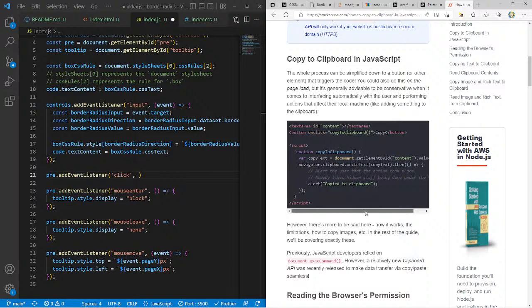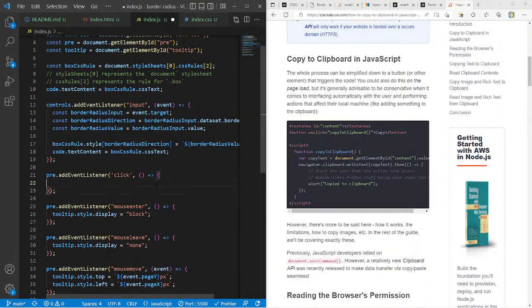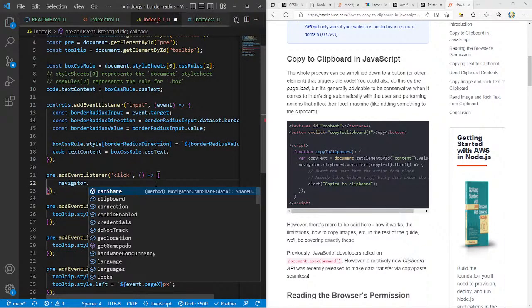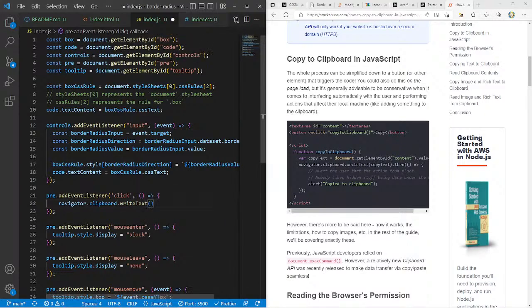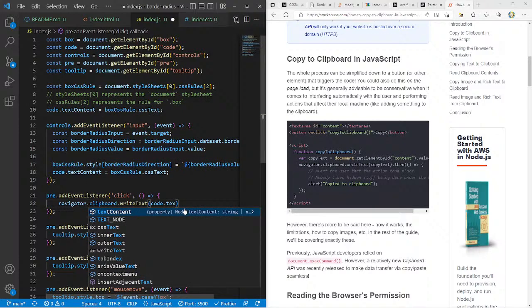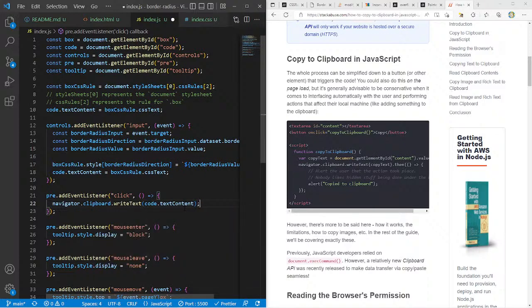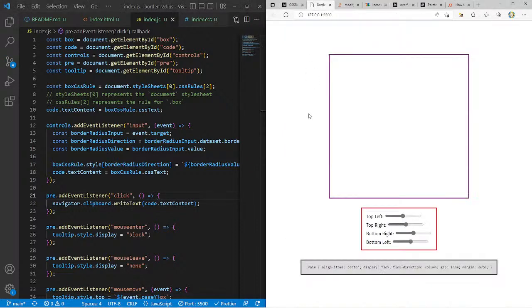Let's see, copy text function, copy to clipboard. Content.value, navigator.clipboard. Okay, so what is it that I want? Anytime I click on this, I should now just be able to do navigator.clipboard.writeText. In copy text, we can just get code.textContent. I think that should be enough. Let's try it out. If I come over here, if I click on this,